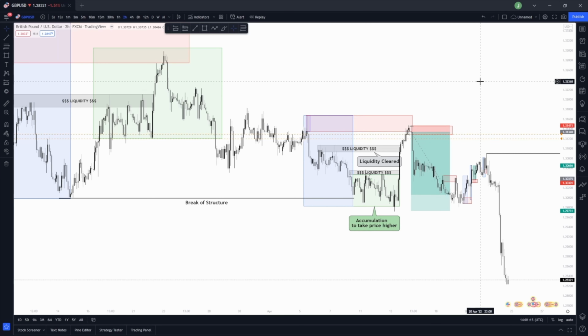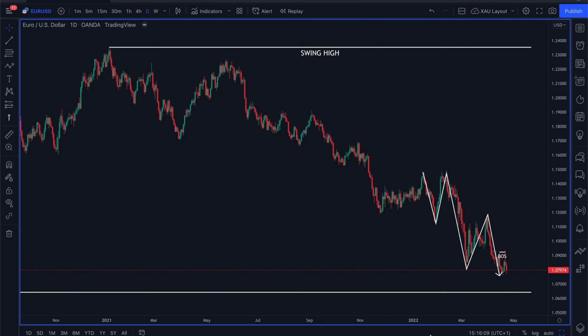Thank you, James, for the analysis there. You provided some very informative points, and it'll be nice to see how price plays out in the coming week. Now moving over to my analysis, we will be looking at three pairs today. So I've got the Euro USD, I've got the Great British Pound to the New Zealand dollar, and I've got the AUD to the USD as well. Now, what I'm going to do is go over my bias, give you my reasoning for my bias, and things that we can look out for and ways we can look to capitalize on these pairs in the market this